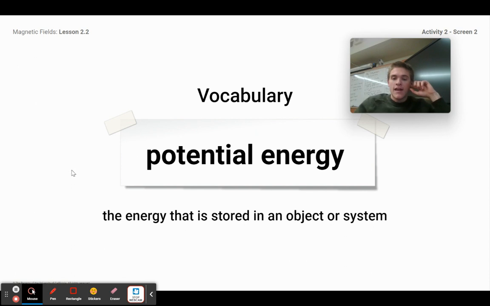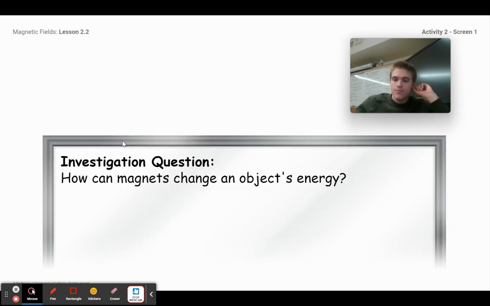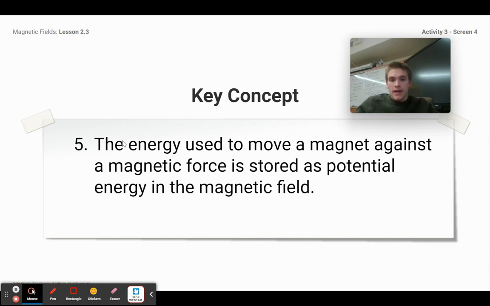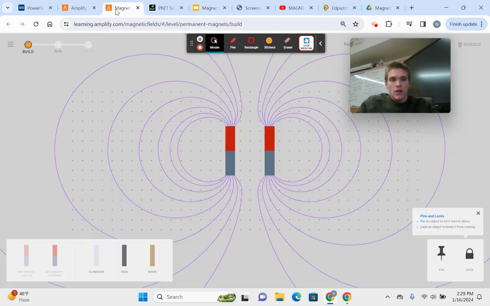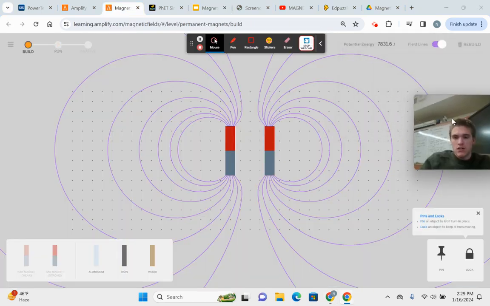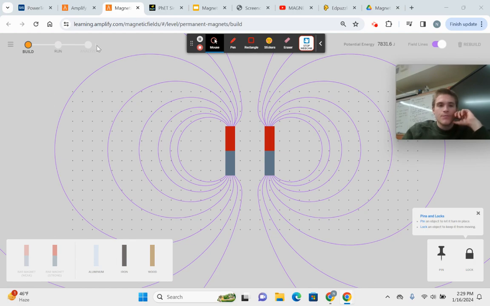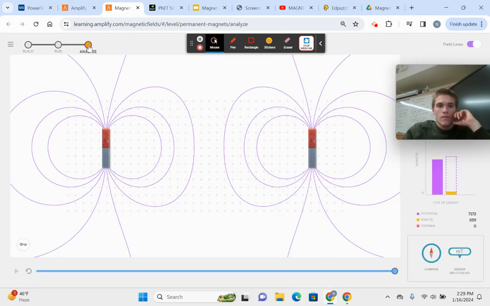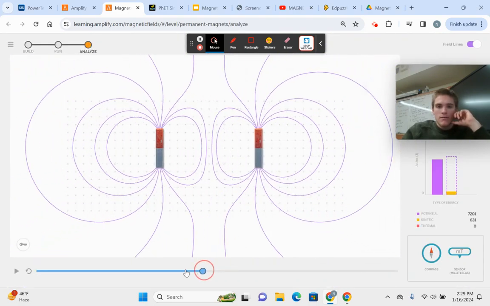Potential energy is the energy that is stored in an object or a system. In magnets, the energy used to move a magnet against a magnetic force is stored as potential energy in the magnetic field. So when I go back to my simulation, you can see in my simulation